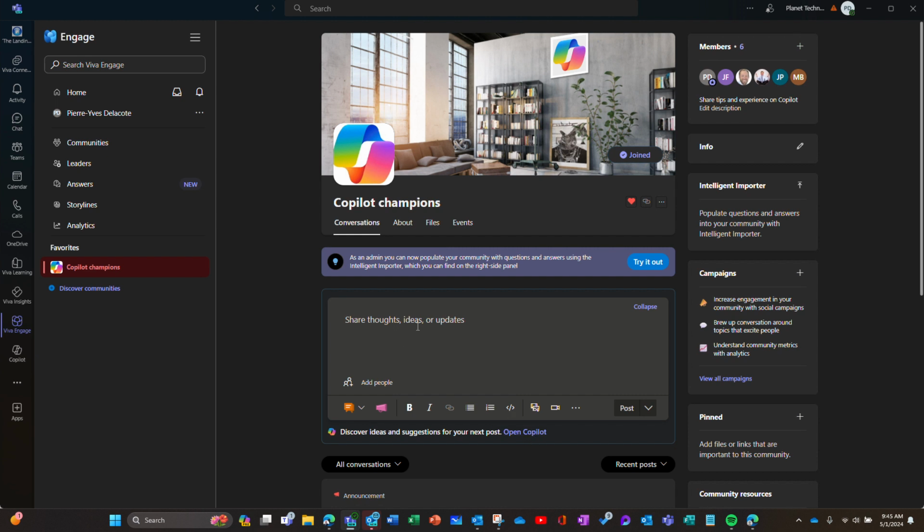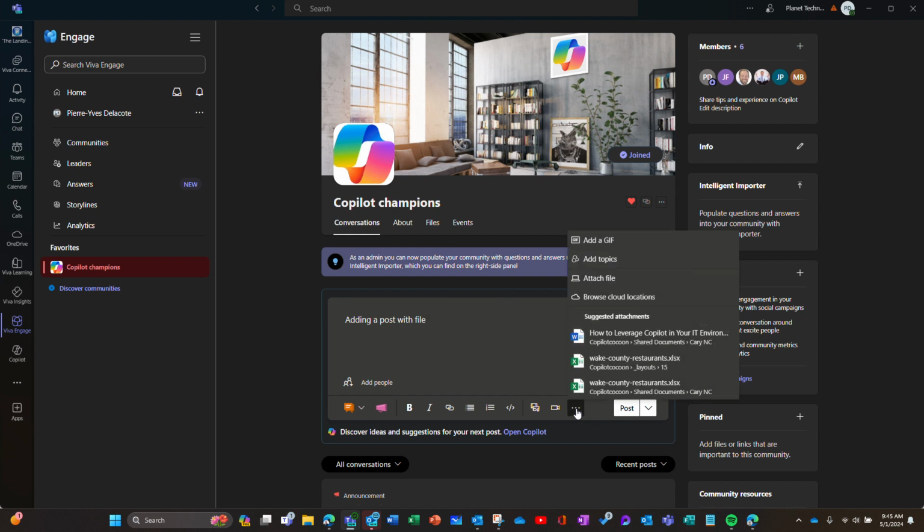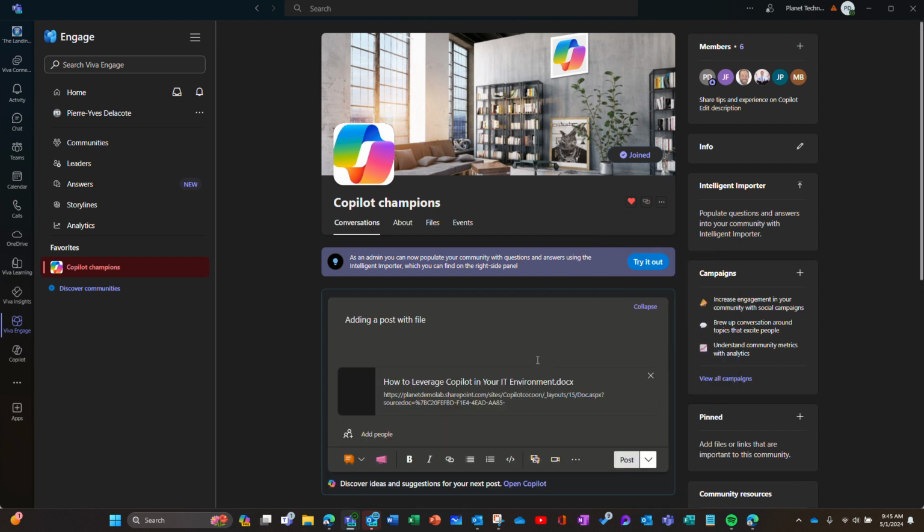So let's try to add a file. Adding a post with file. So how do I add a file here? Attach a file or leverage Copilot in your IT environment. Okay, I'm gonna add this OneDrive file